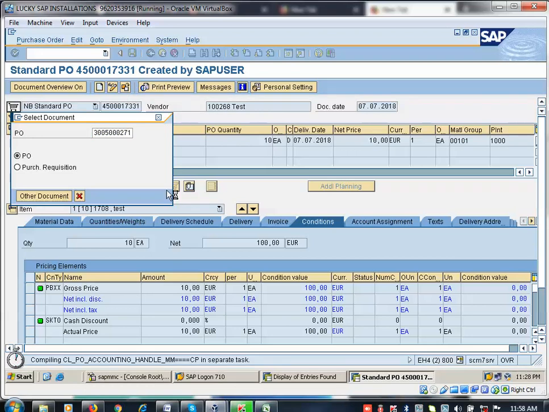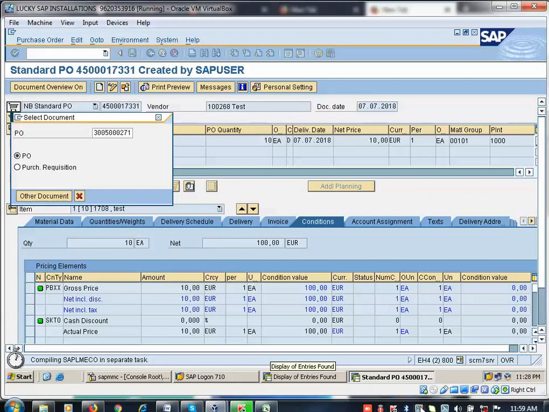First time when you are displaying this PO, it shows like this, because any transaction used the first time in SAP goes to compiling activity. Compiling means it will update the data from server level to RAM level, or from back end level to front end level. Presentation layer means ME23N, ME21N, ME22N. Application layer means configuration like company code creation, plant creation. Database layer means only Oracle database information.